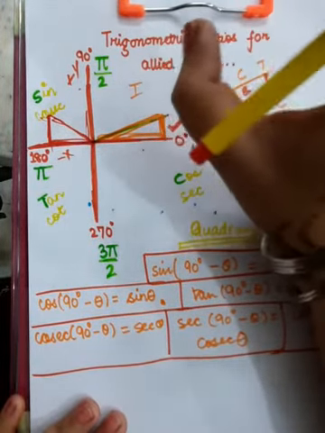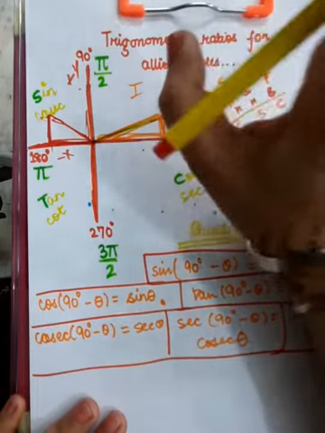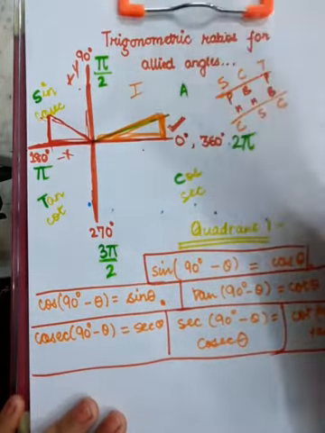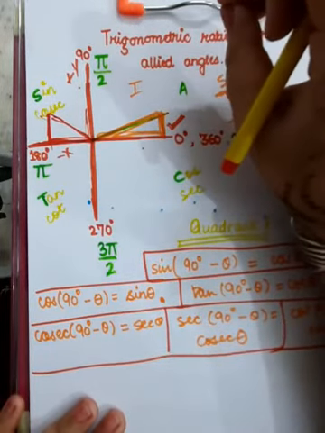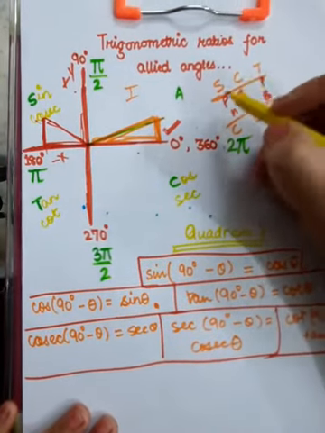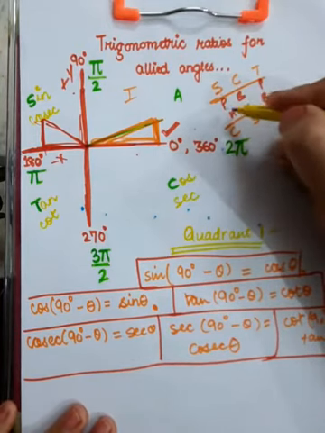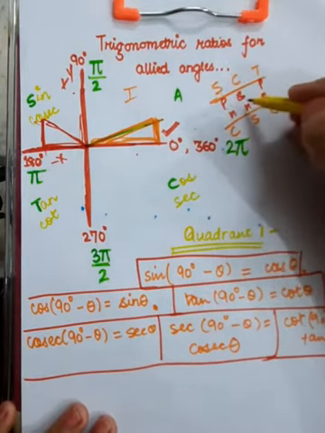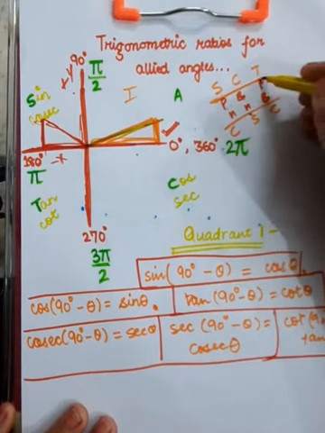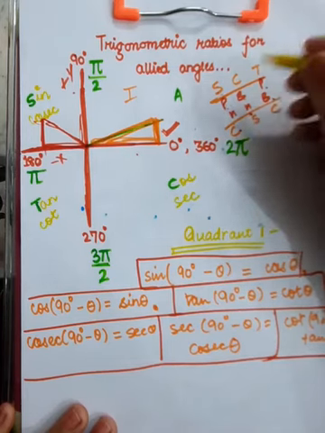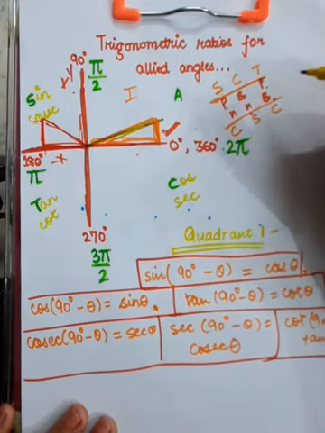So all the trigonometric ratios which involve the base will be negative, and those which involve only the perpendicular will be positive. Now have a look. Sine is p by h, so it's positive. Cos is b by h, so it's negative. Tan is p by b, it's negative. So cosecant is positive, secant is negative, cot is negative.